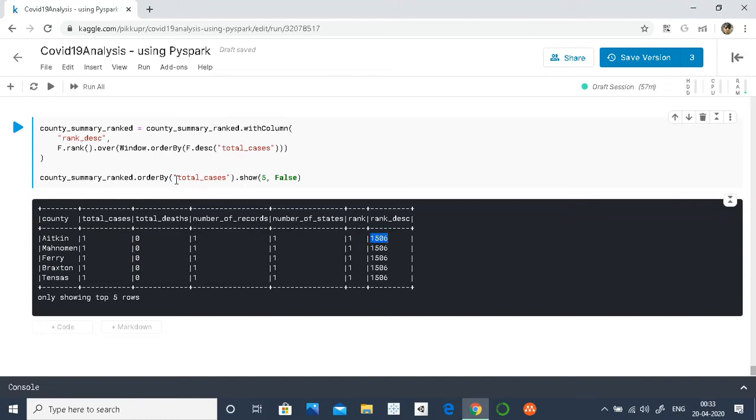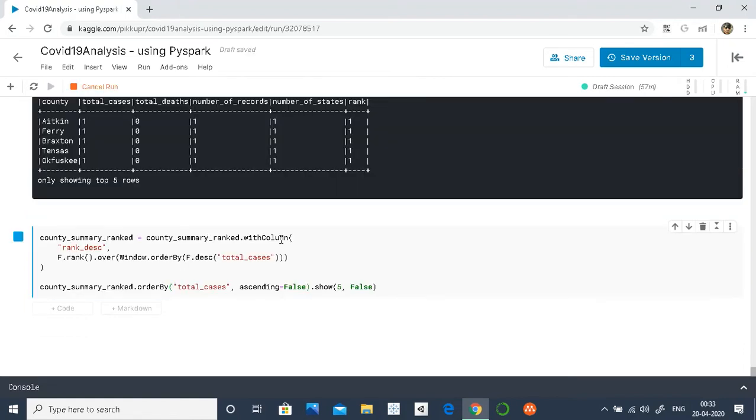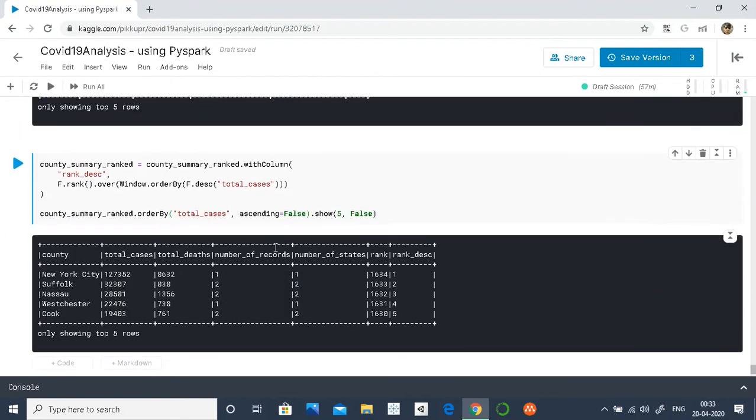Also, as you can see, now I sorted in descending order, and the minimum rank, which is 1, is given to New York City, which has the highest number of cases, approximately 127,000, right?